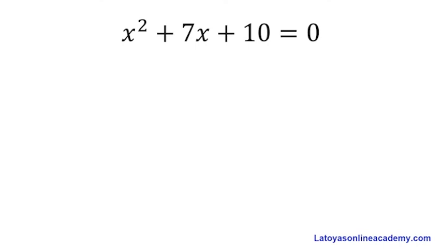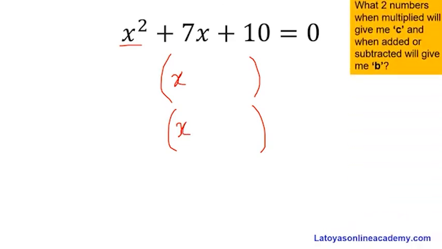x squared plus 7x plus 10 is equal to 0. Now when we are factorizing quadratic expressions, we are going to express our answers as a product of two binomials. So we're going to write our answers using two brackets. What is going to give us x squared? x multiplied by x. The next thing we need to ask ourselves is for c, what can we multiply to give us 10